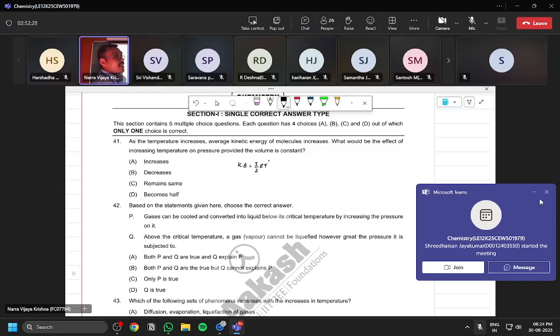They are saying average kinetic energy is constant. What is the meaning of it? Force exerted on the walls of container